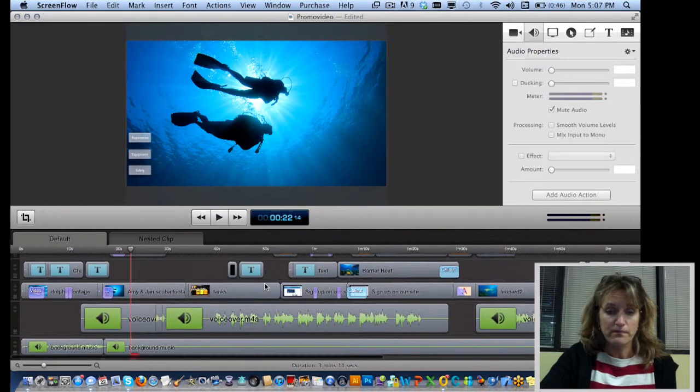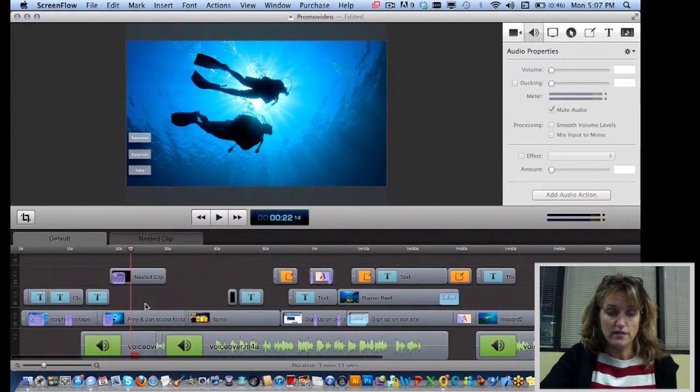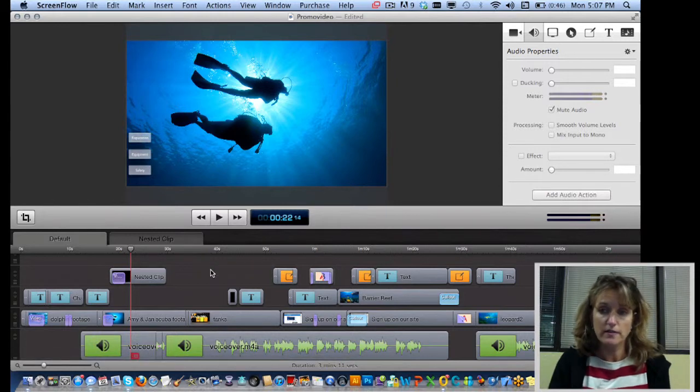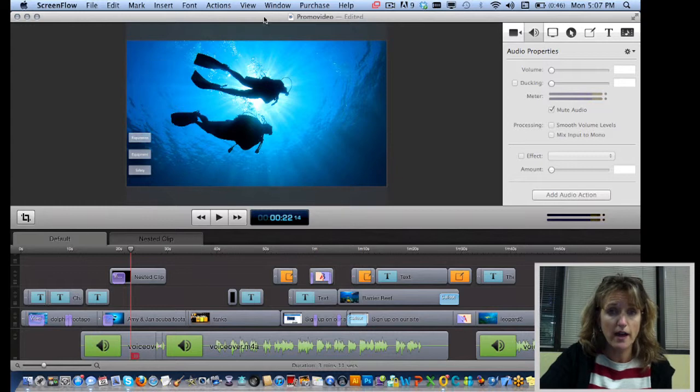But yeah, it's a very intuitive timeline-based editing tool. Okay, so nested clips are the first big thing, but that's not all we have. No, we also have